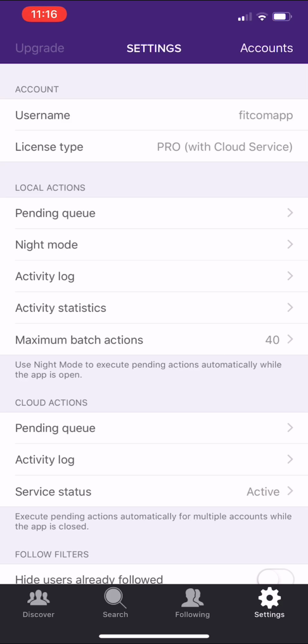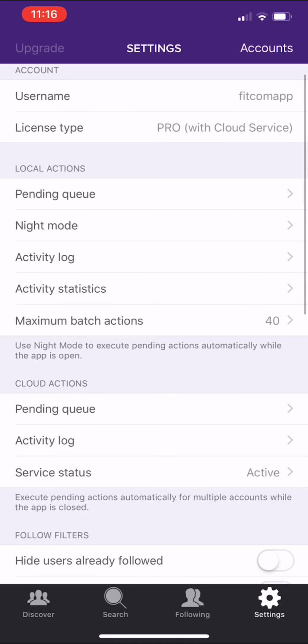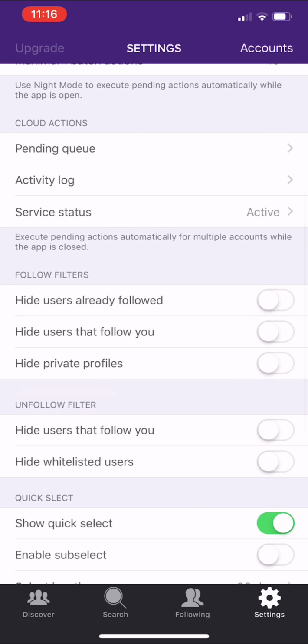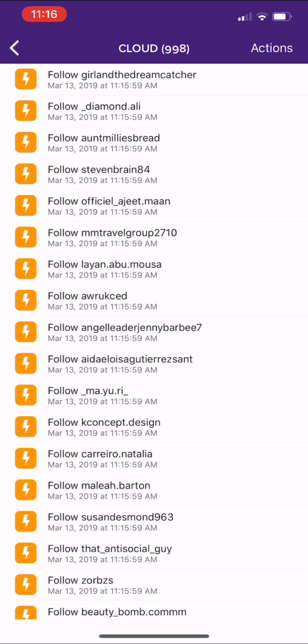We're going to come back to this page, and we're going to go down to cloud actions. Again, not local actions, cloud actions. And we're going to click on pending queue. And this is our list, right? So you see there's 998 in this list. So they've already followed one person for me. But this is how you verify that all 999 people were added to your cloud queue,